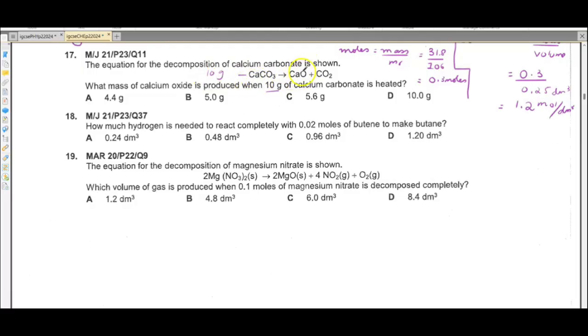And we have to find the mass of calcium oxide. So first we have to find the moles of calcium carbonate so that we can find the mass of calcium oxide. Okay, we've been given the mass. So the first instinctive reaction that you should have is that you should try and find the moles of the substance for which you've been given the mass. Okay, the moles is equal to mass over Mr. Since calcium carbonate is a solid, we are using this formula. So this is 10 grams by Mr of CaCO3, which is 100. Okay, so we get 0.1 moles.